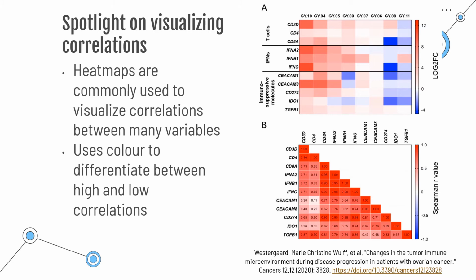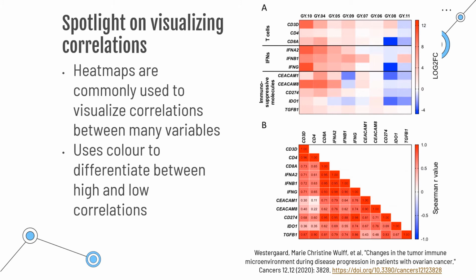And you can see that the log2 fold change in the top part of the visual is represented by the intensity of the color, with red being a high log2 fold change and blue being a negative log2 fold change. On the bottom graph